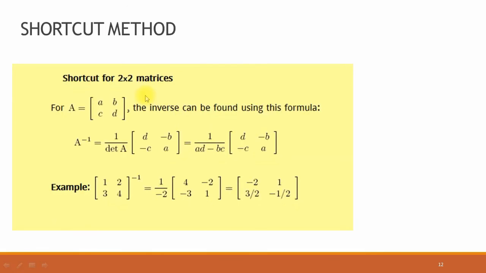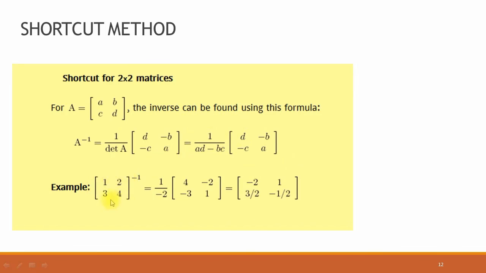Dear students, there is a shortcut method for the inverse of a 2 by 2 square matrix. Suppose we have a matrix of order 2 having 2 rows and 2 columns, then the inverse of this matrix can be easily found by this procedure. To find the determinant, multiply these two entries and then multiply these two entries. This is the determinant of the 2 by 2 matrix, and for the adjoint change the position of these two entries and change the sign of these two entries, we get easily the adjoint of the matrix having order 2.